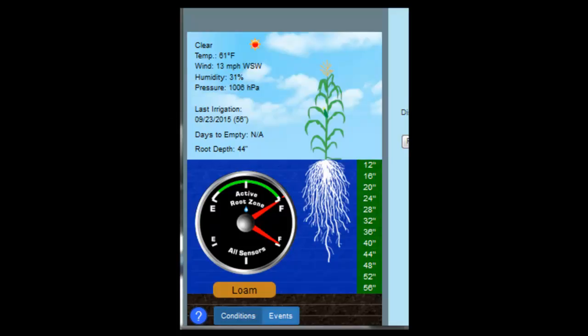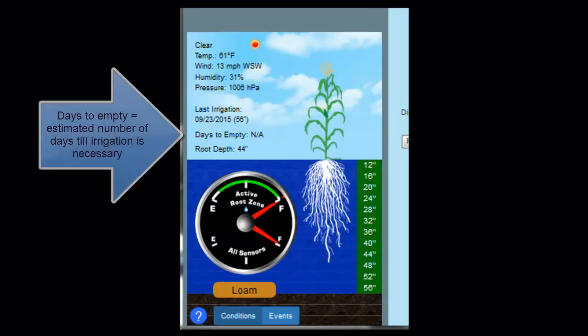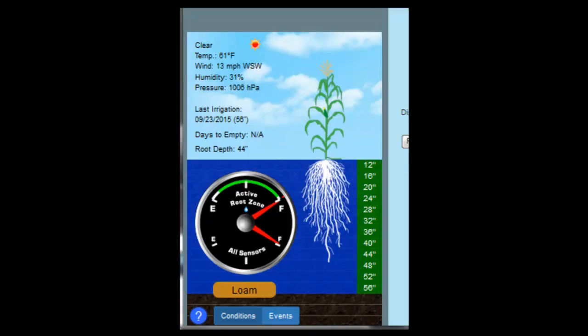In the text box above ground, there's also an indication of days to empty. Days to empty refers to the estimated number of days until irrigation is needed in order to prevent the site from reaching the refill point. Note that it's not always possible for the algorithm to calculate the days to empty. If the moisture content is currently flat or increasing, there is no way to estimate when it will cross the